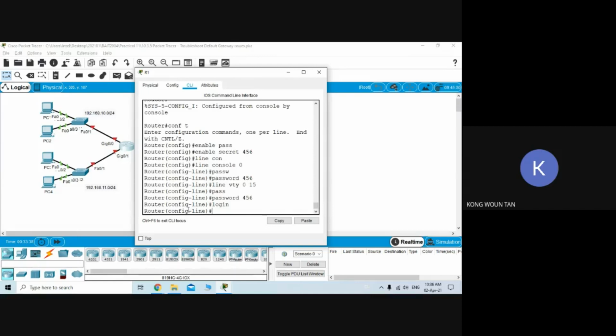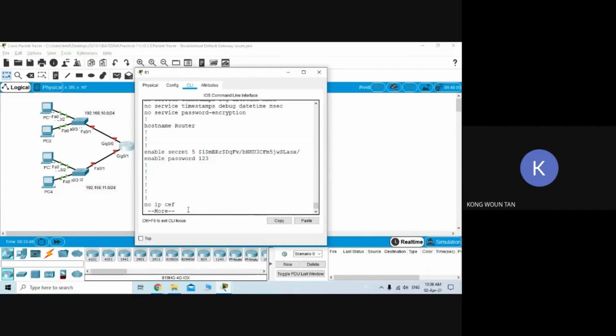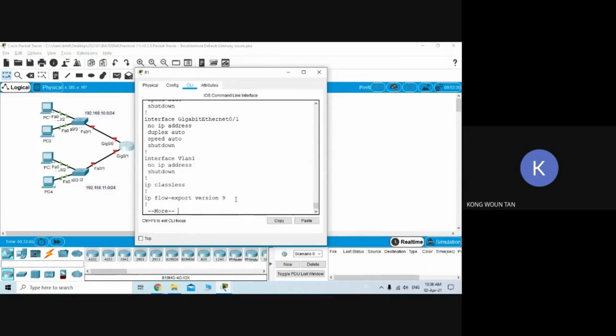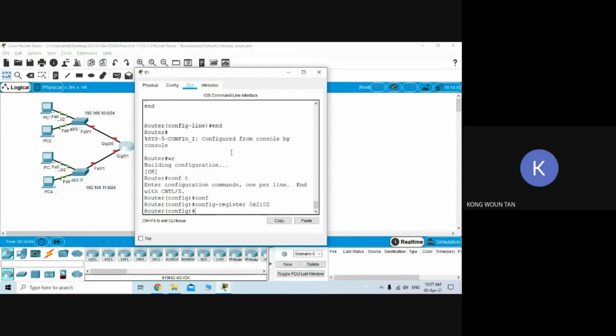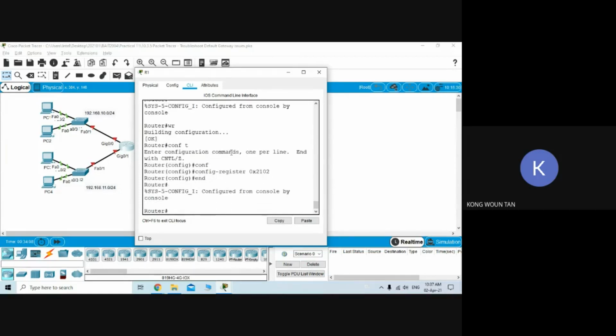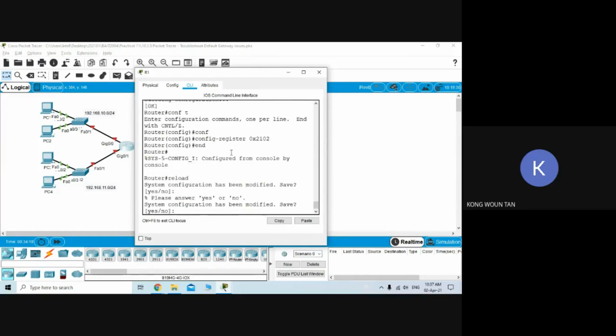And then we show running config. And this is all encrypted. Or they are not encrypted, you can see that. If they're encrypted, you cannot see. So it's still a piece of junk. Then don't forget to save. Don't forget to save. Then do I change the config register to 0x2102? Okay, just submit. And this one doesn't need to save. I can end, and I can reload, and all the password will become